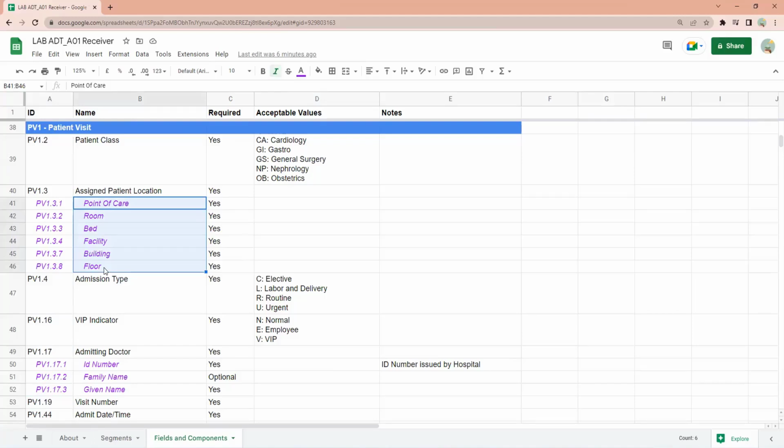To roughly understand what a point of care is, if you go into large hospitals, of course, a hospital may have multiple buildings, and each building will have multiple floors. Typically in a patient episode, you will have 6, 7 floors or sometimes even more. Each floor will have various wings, the east wing, the west wing, north wing, and so on.